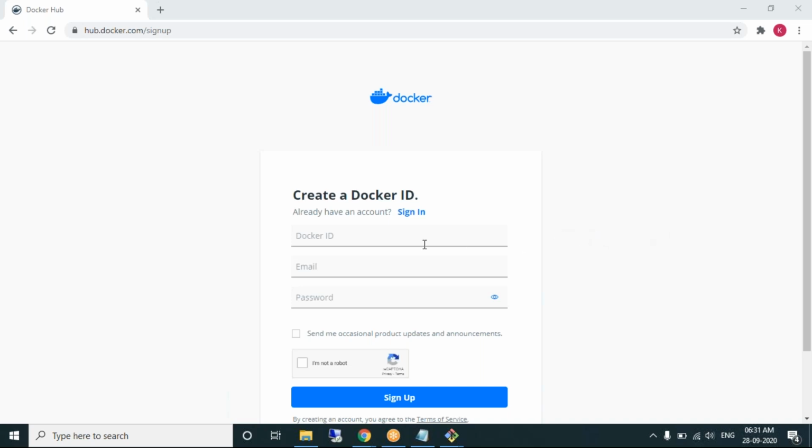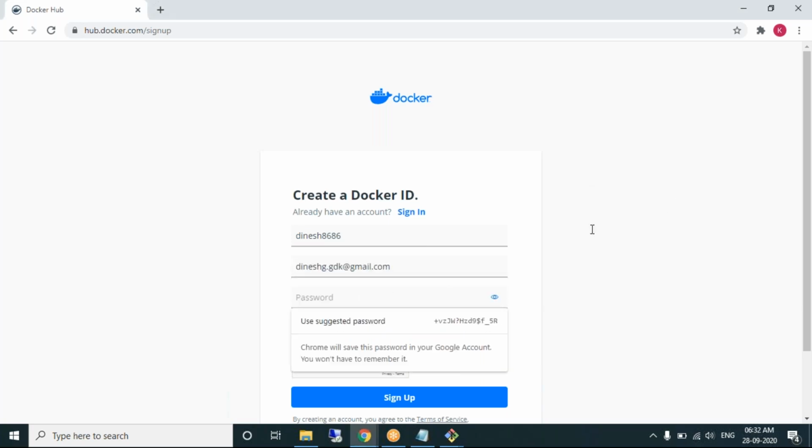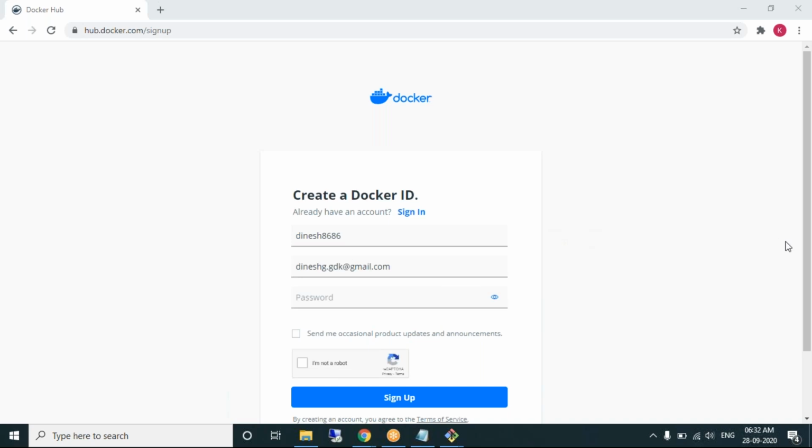Docker ID should be unique. Docker ID should be letters and digits only, and should not have the at-the-rate symbol. So remember the credentials, Dinesh. Password, I'm maintaining the same password which you have given for AWS. Okay, Sunil. Sure.